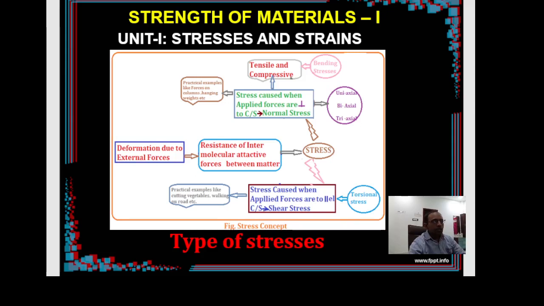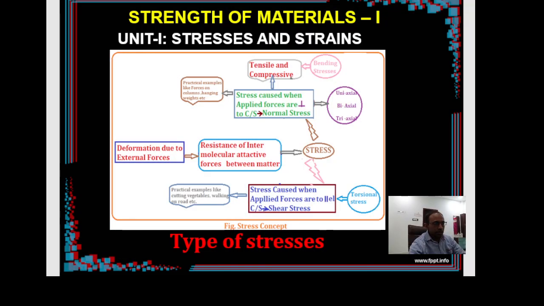Welcome to the Strength of Materials 1 course. Today's topic of discussion is on types of stresses. This is a part of Unit 1 syllabus. So let us see the flow of the topic of our present discussion. As shown here in this picture,